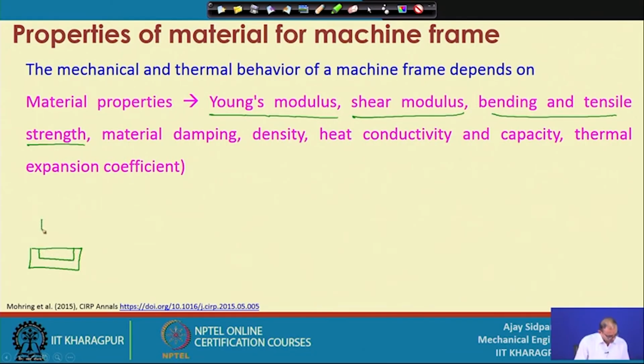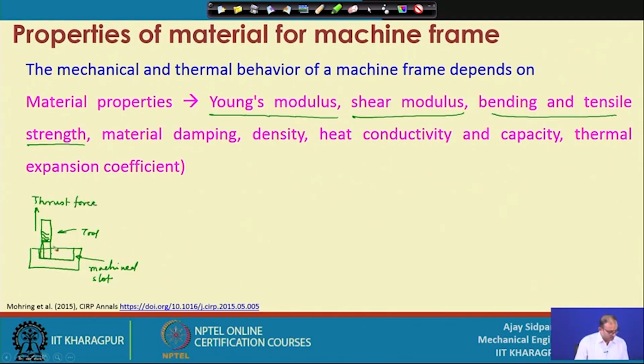So, what we are doing, our tool is here, this is the end mill cutter, this is the machine slot, correct. So, when you are penetrating this tool here, at that time what happens? This tool is going inside first, correct. So, when you are doing this, at that time you are applying a thrust force, because right now we are not moving the tool in the to-and-fro direction or considering x and y direction. So, this force will be the thrust force,